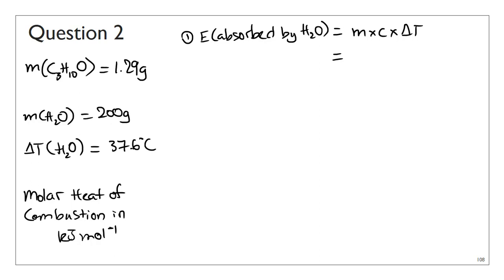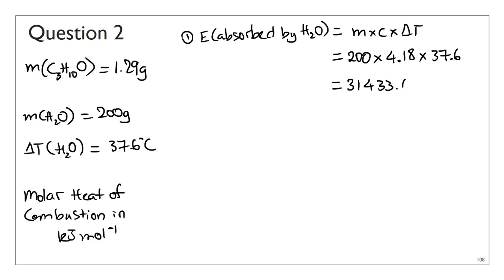So mc delta T. This is the first common mistake that students tend to make in this topic, is that they use the wrong mass. So if more than one mass is given, people just don't use the correct one. So just make sure that if you're finding a value for water, that you actually use the mass of water and not of the fuel, which I've seen at least once a year. So 200 grams, and 37.6 is going to be delta T. So we're just going to do the calculation here, and 200 times 4.18 times 37.6 should give you